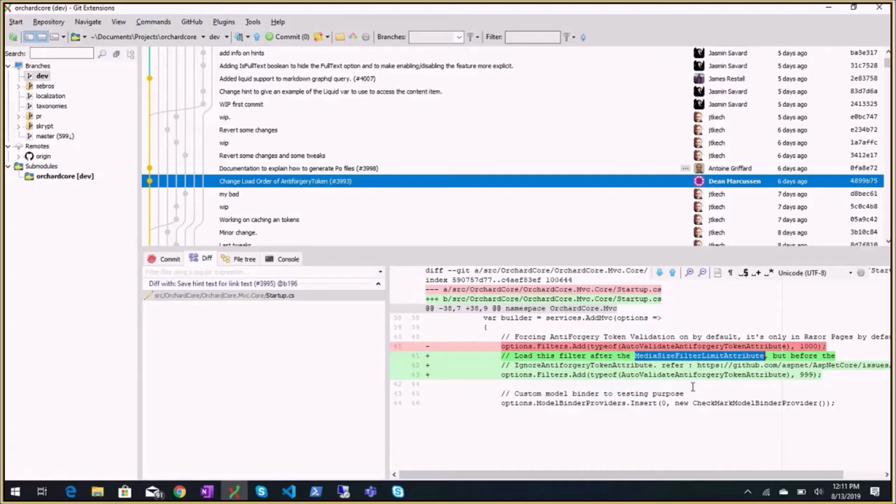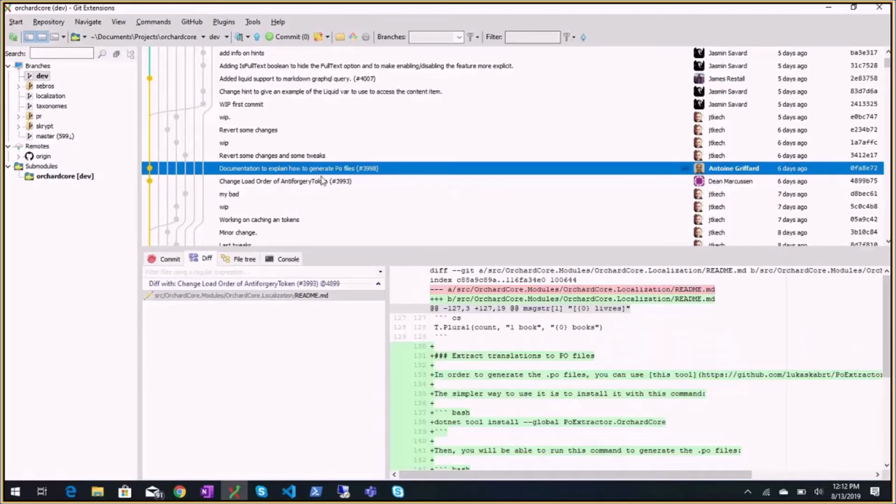Otherwise, if this is done before the media size filter limit attribute, the request body is read, and this one will be useless because the goal of this attribute is to prevent the request if the media is too big compared to the accepted size. So the comment is here to explain why this is this value and why we should be careful by changing or not this value.